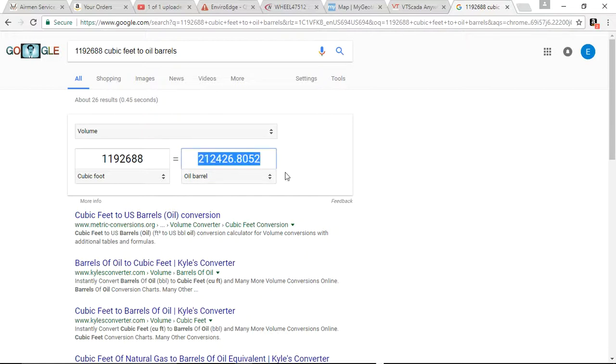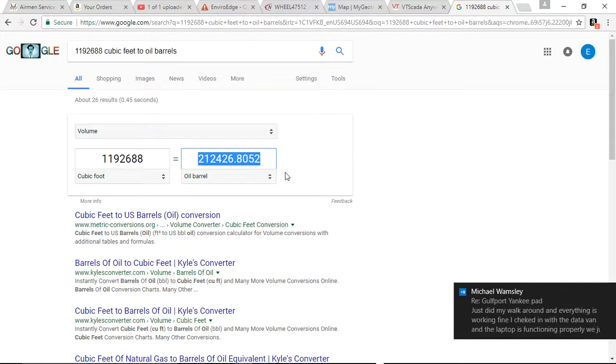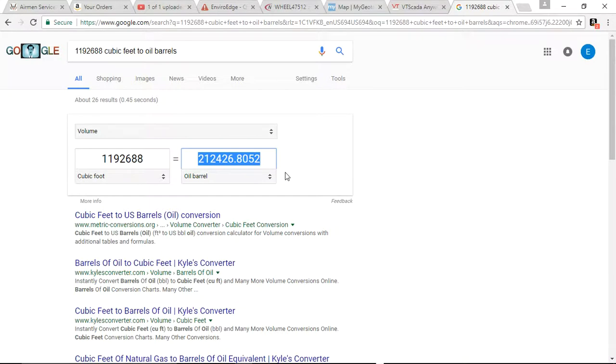That's it. 212,426 barrels. And that's pretty good. On a pond this size, you might knock off a few thousand barrels. Personally, I would tell the customer in this situation a rough safe estimate would be 207,000 barrels. And when the report comes back, it will honestly probably be more than that, but they should be thrilled by that. It's always better to tell them a little less and be safe than tell them too much. Don't tell them what they want to hear. Tell them what is safe on our end. So that's it. If you have any more questions,